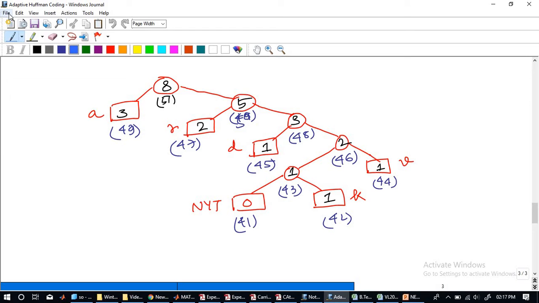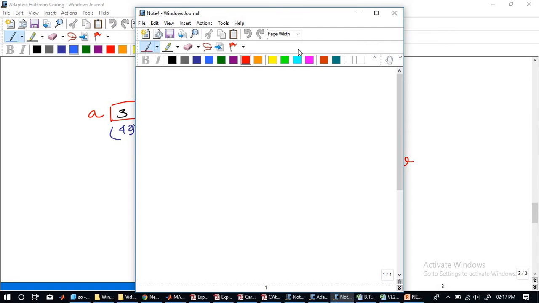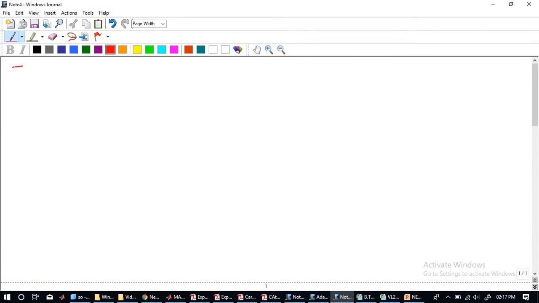Maybe what I can do is, we'll take the same example so that it's easier for us to refer. We'll go one by one once again. Let us start with the rules, then we'll take the example and solve it once again. So the first rule is... this is the encoding process. Okay, let me write here: this is the encoding process for adaptive Huffman.